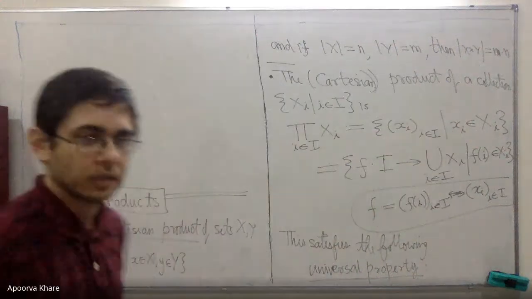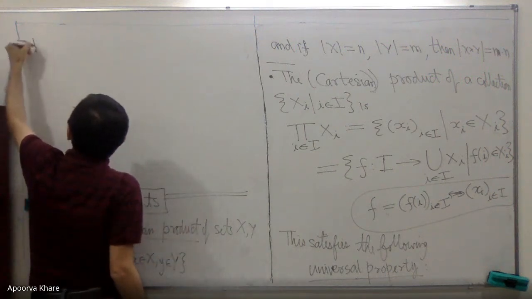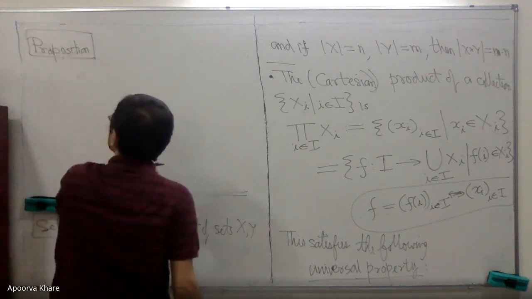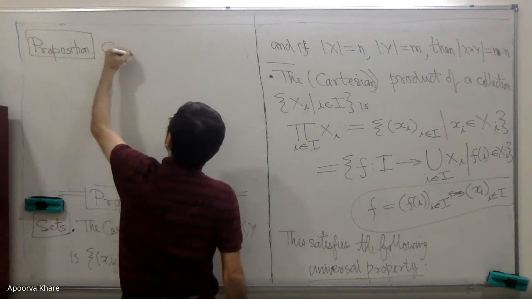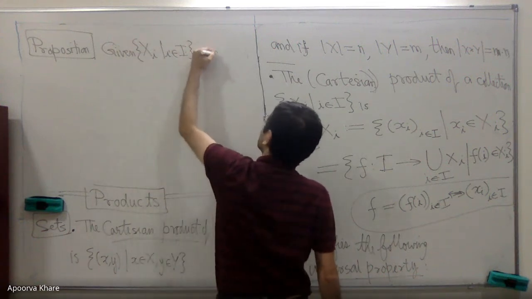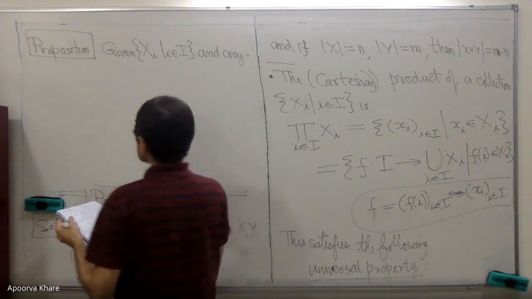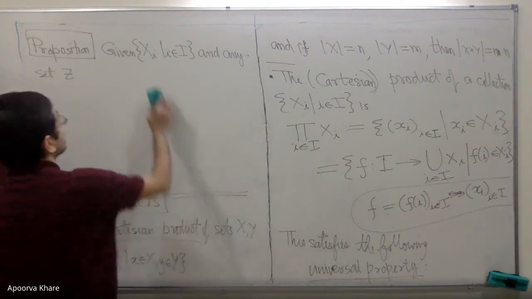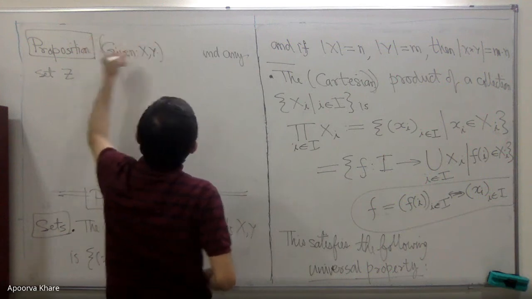It's the following. So, property or theorem or proposition maybe. Given any set X, so first of all, I'm given a collection of sets X_i, i in I, and any, let's say non-empty set Z. Actually, maybe I'll first show you the universal property for X cross Y. So we are given this X and Y. Now given